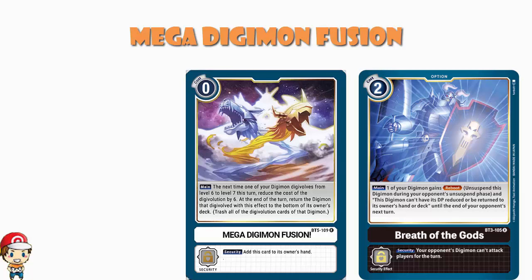Unfortunately, yes, you can! The effect of God's Breath is still valid even until the end of the turn. Therefore, you digivolve into level 7 using Mega Digimon Fusion, and it will not be returned to the bottom of the deck. It will continue to stay in the battle area. Essentially, you give yourself protection with Breath of the Gods. Then, you play Mega Digimon Fusion, and when you come around to having to return the card to the bottom of your deck, Breath of the Gods is still giving you that protection,